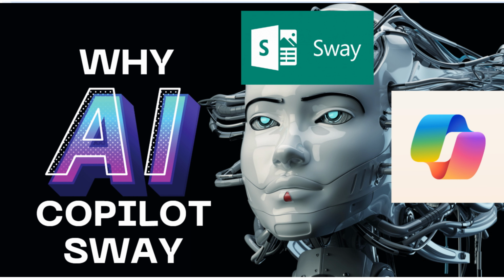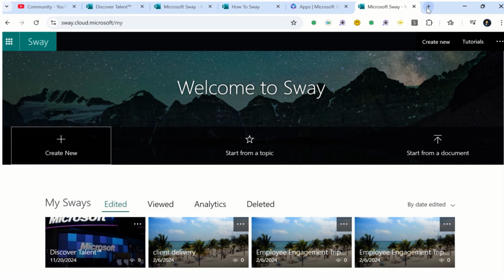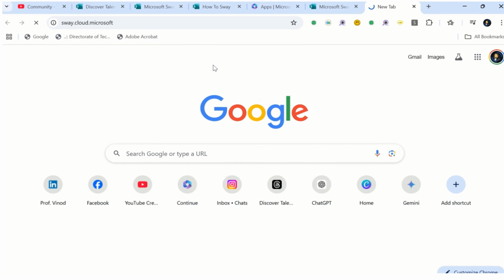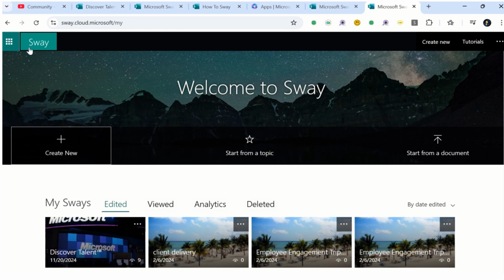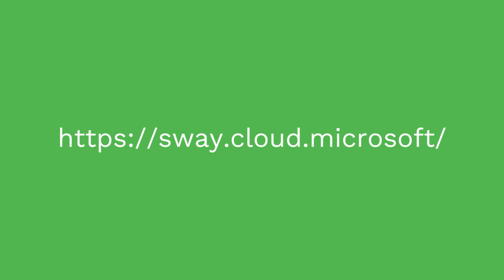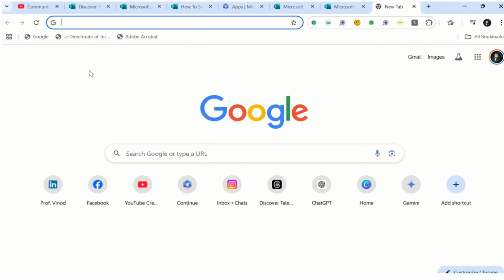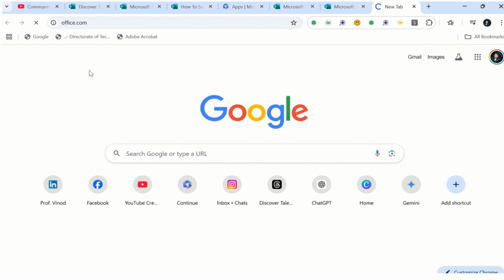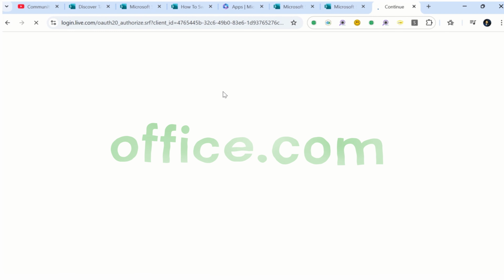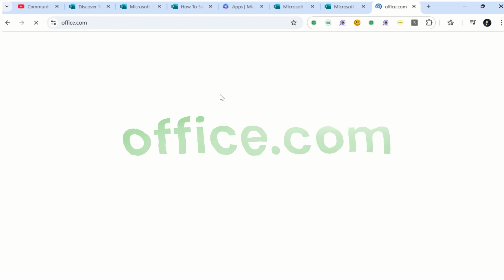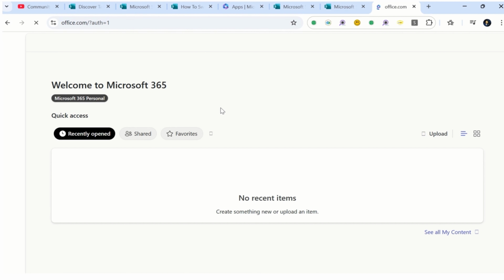Cool. Without further ado, let's quickly start, and I'm going to show you this particular URL in the description, which is sway.cloud.microsoft.com/my. This is my screen, so that's the reason it's showing like this. Cool. If you are using Office 365, then you will simply type office.com like this. And if this option is not available for you, then what you have to do over here is